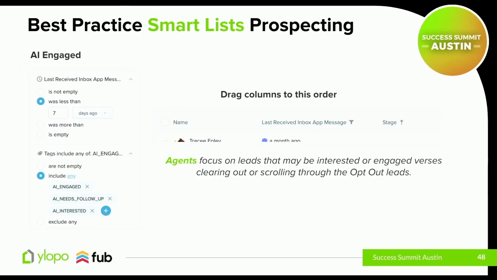And then the next one, a lot of you guys probably already have some kind of smart list set up. That is from the last inbox message, or I'm sorry, the last marketing message, right? So if you're using the preset smart lists, there's a smart list that says last marketing message reply. So this is basically the same smart list, but it just combines everything together and gets rid of those opt-outs